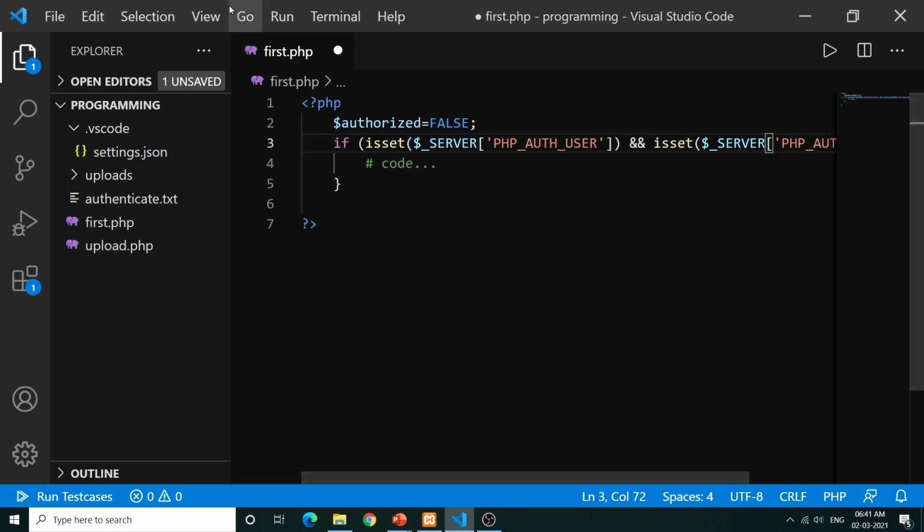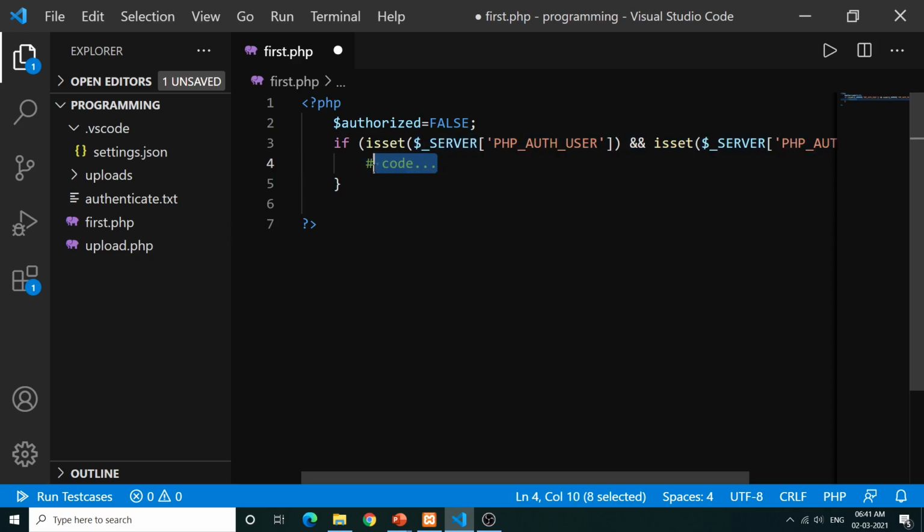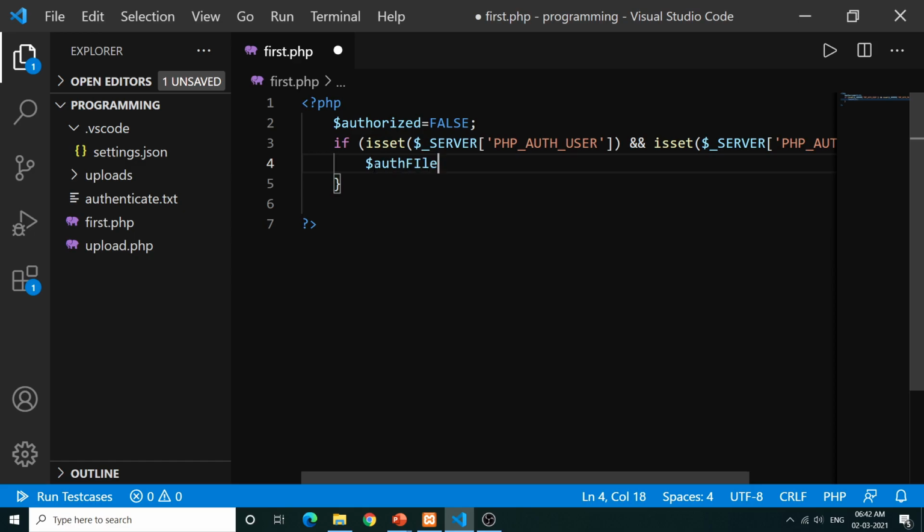So I'm just checking whether these two variables are set or not. Set means whether they are holding any value. If they are holding a value, that means the user has entered some value in the username and password fields. So now I will say $auth_file